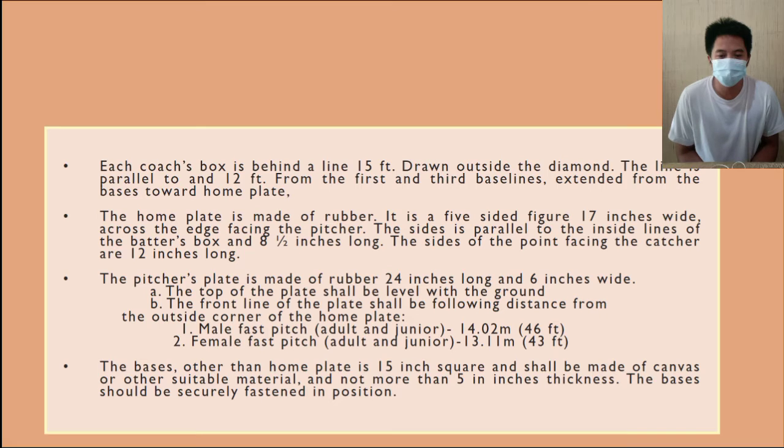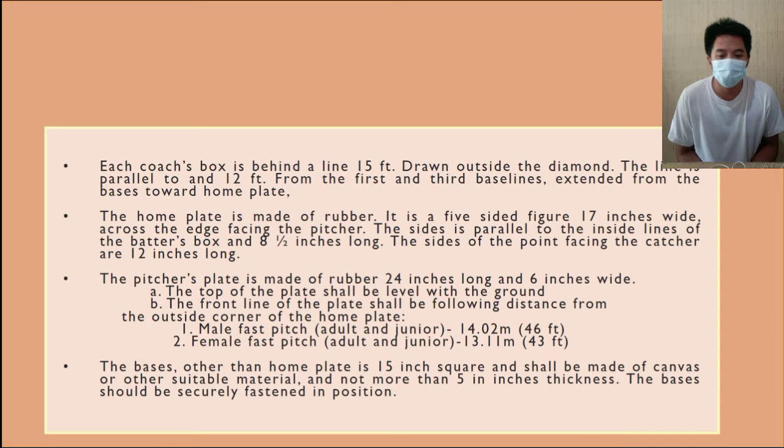The pitcher's plate is made of rubber, 24 inches long and 16 inches wide. The top of the plate shall be level with the ground. The front line of the plate shall be the following distance from the outside corners of the home plate. Male fast pitch or adult and junior: 14.02 meters. For female fast pitch: 13.11 meters. The bases other than home plate are 15 inches square and shall be made of canvas or other